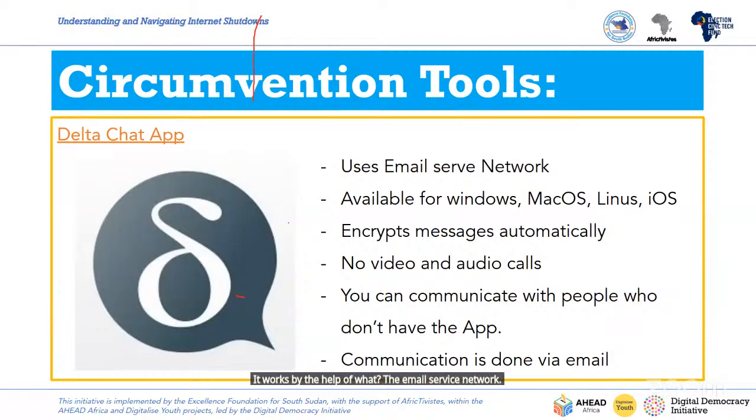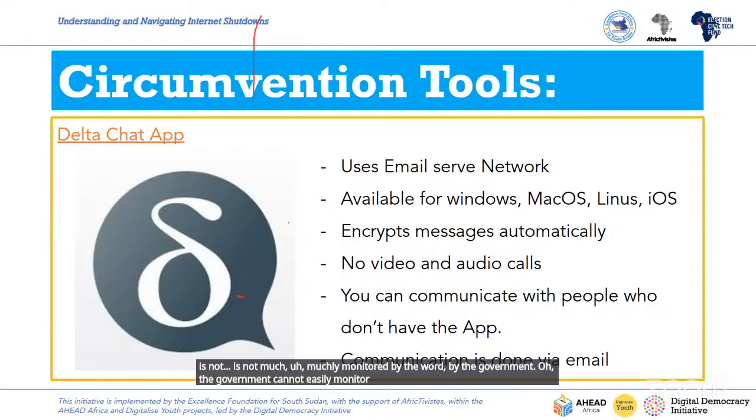This email network is one of the largest open source communication networks that we have, and when you say it is open source, it is not heavily monitored, or the government cannot easily monitor these platforms. So this is where the app runs.